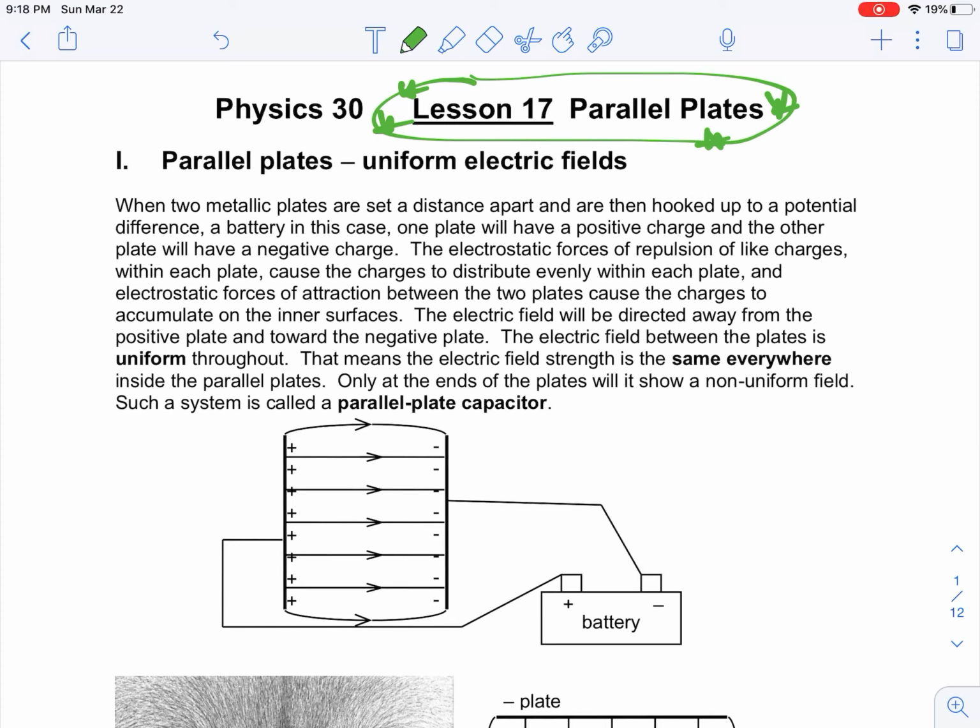Okay, so I assume you all have read the lesson at this point. So what we're doing is parallel plates, which I talked about quite a bit in lesson 16. So again, there's no really good order to do that in, but parallel plates is awesome for explaining potential energy lost equals kinetic energy gained, all that kind of stuff. We did quite a bit of that, like accelerating a particle through parallel plates in lesson 16. That accelerating a particle through parallel plates and potential energy loss equals kinetic energy gained actually came from an example from